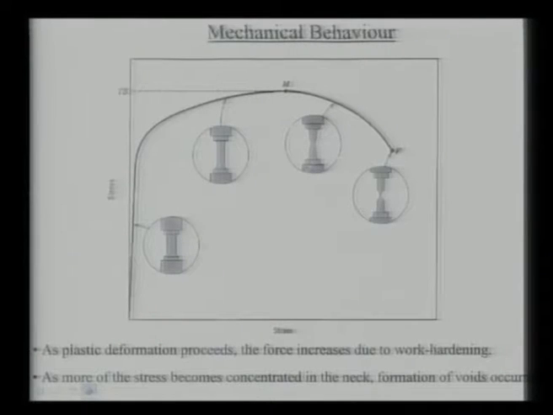Now, from this view graph you can understand what happens to a cylindrical specimen when it is being pulled in tension. In this non-elastic, non-linear behavior or plastic regime, the material will keep on extending in length first, but beyond this point M, the UTS, the ultimate tensile strength region, the decrease in the cross sectional area is faster than the increase in the length.